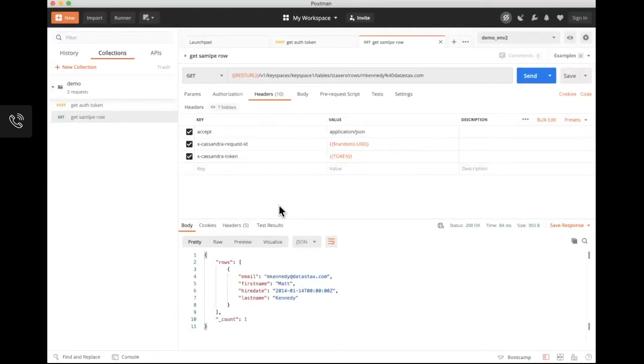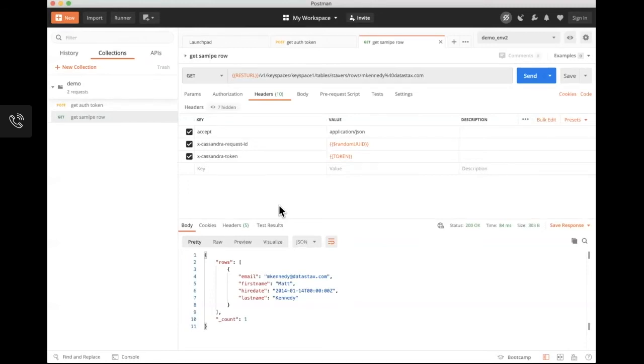So let's talk about those REST endpoints a little bit, because they're interesting in and of themselves. We are essentially creating REST and GraphQL endpoints for you with absolutely no coding required on the part of the end user. All you have to do is create a table in CQL, and then you have an automatically generated endpoint that you can hit with REST or GraphQL tooling.